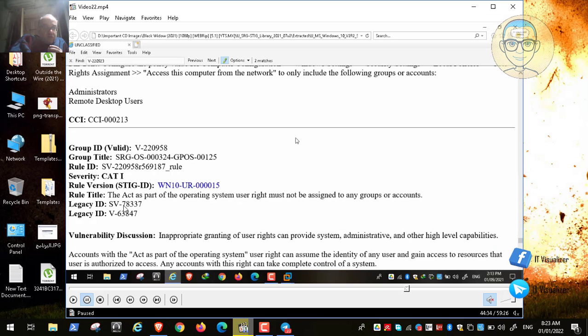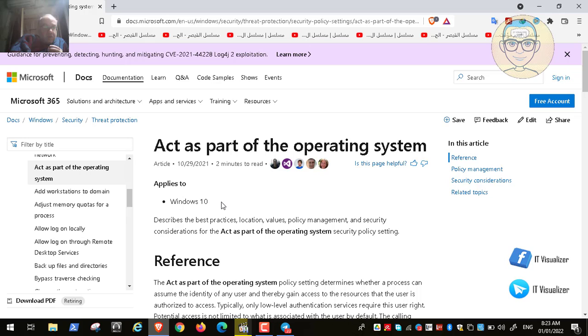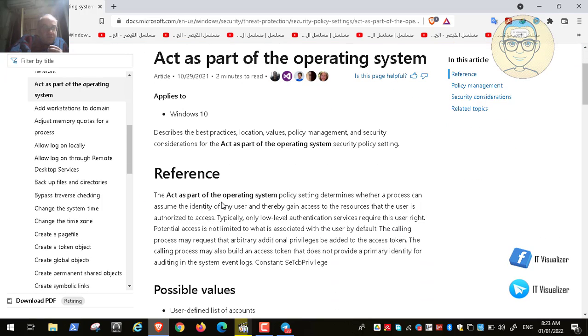So we can see also some description about this. This is from Microsoft. The Act as a part of the operating system is part of the user right assignments group policy in the Windows settings. It determines whether a process can assume the identity of any user, so it verifies the identity of the user and then gives him access to the resources that he is authorized to access.